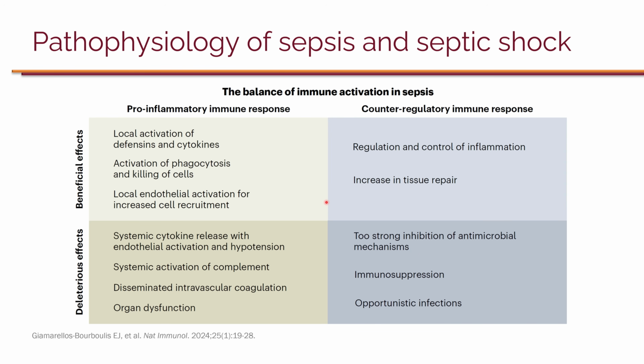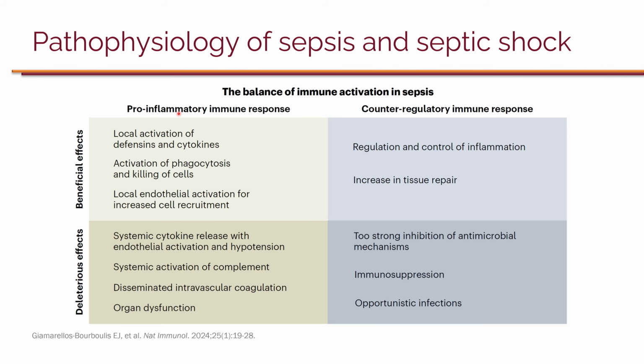Now, the core of the pathophysiology of sepsis is twofold. On the one hand, there is pro-inflammatory response. So essentially, in the acute setting, inflammation is a defensive mechanism for the body when fighting infection. And then on the other side of it, there is somewhat immunosuppression involved with this patient. So there are two things going on, when we look at the big picture, and there's pros and cons of